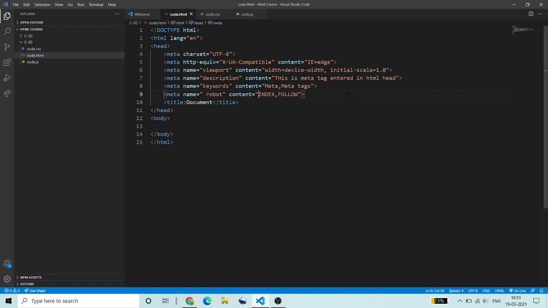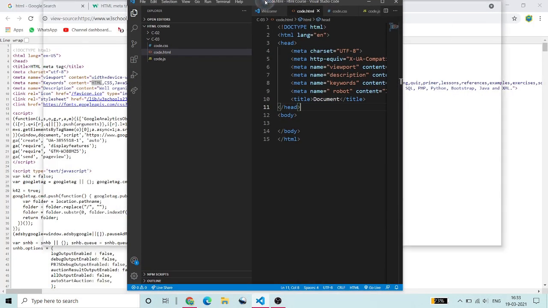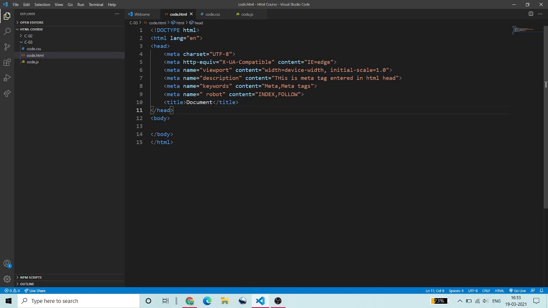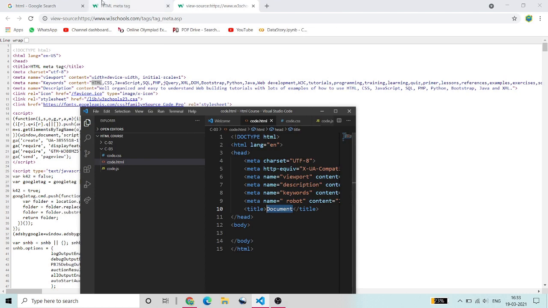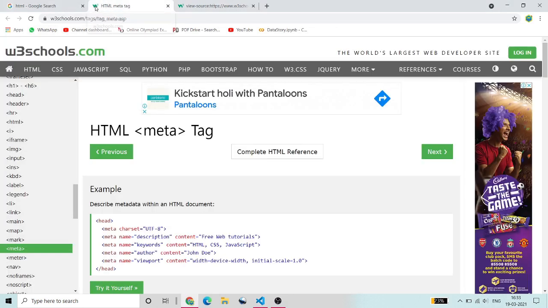So these were some meta tags, and also the title tag is inside the head tag. Title tag is used to define the title of the website. As you can see inside the title tag, the document is there. If I open this website, the title must be there. According to this W3Schools page, you can see here HTML meta tag is the title.